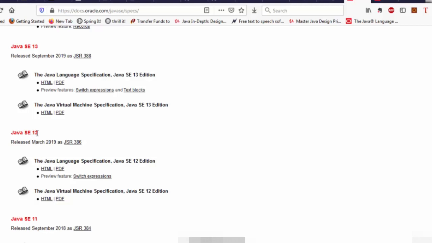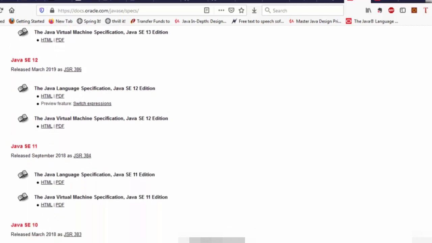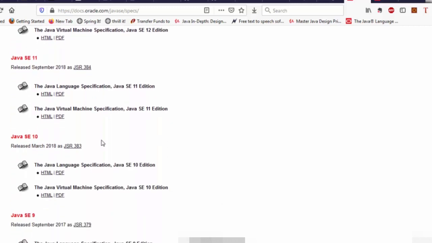Along with that, all of the providers would also try to come up with a JDK implementation, like Oracle, Amazon, the OpenJDK, and so on. This was released in March 2019, which is the specifications, and the JDKs would come separately. And Java 13 was released in September. So every year, they are doing one release in March and one in September. That's a 6-month release cycle, and this 6-month release cycle started from Java 10 onwards. Before that, the releases were much less frequent. They used to release anywhere from once every 2 to 5 years.